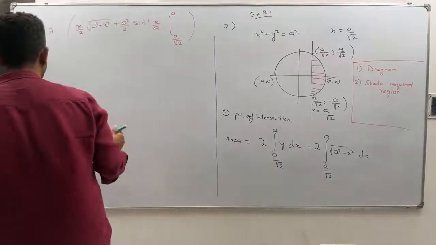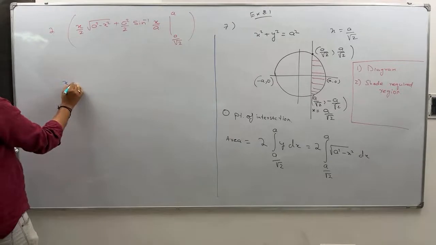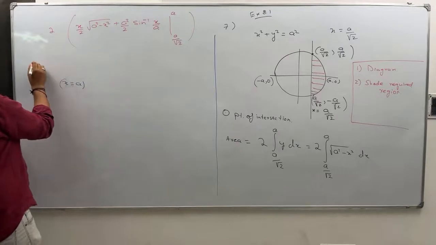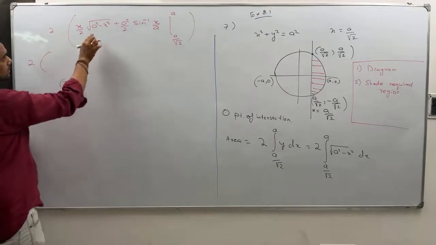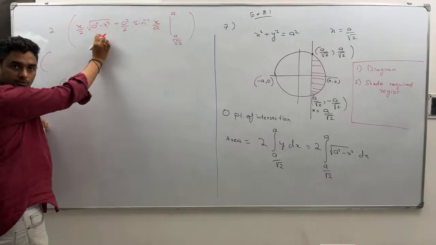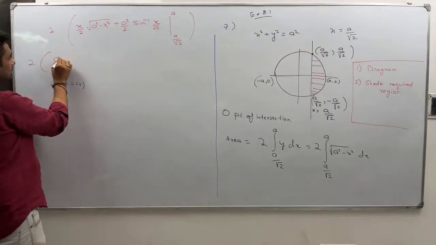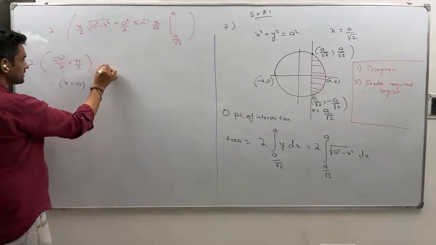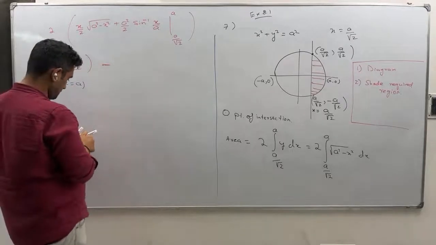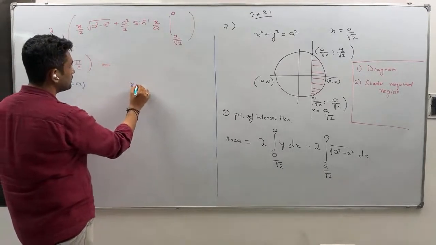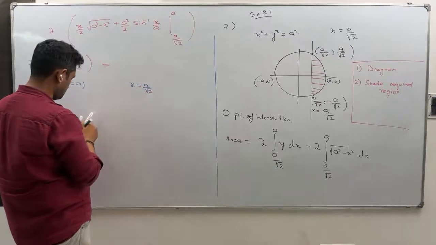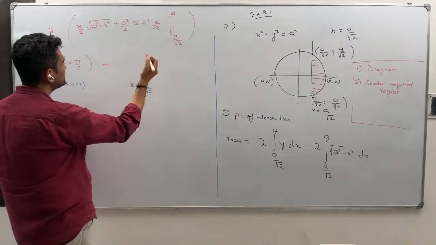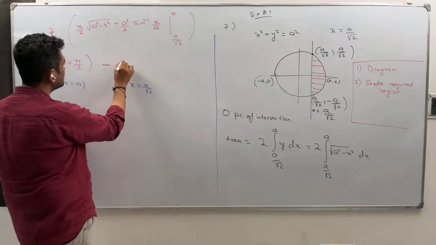Now when we put x equal to a, twice will be outside in common. This part will become 0, 0 into anything is 0. For the other, we will get a square by 2 into pi by 2. Then we'll subtract, minus. This will happen when we are putting x equal to a by root 2. Now, when we subtract this, when we put it over here, we'll get